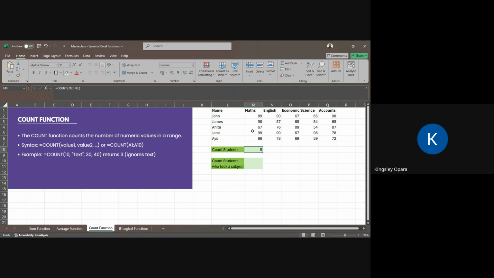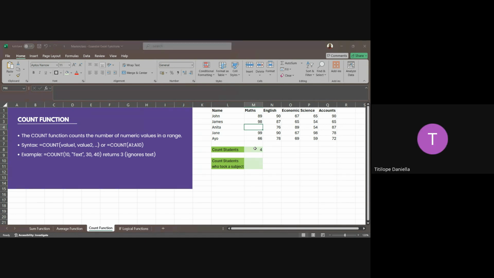But if a particular student did not take part in the maths test, let me say Anita, let me take away Anita's score. You see, this is the limitation of doing this. Now I've taken out Anita's score, and it is telling me that we have 4 students. Is that correct? Do we have 4 students in this class?